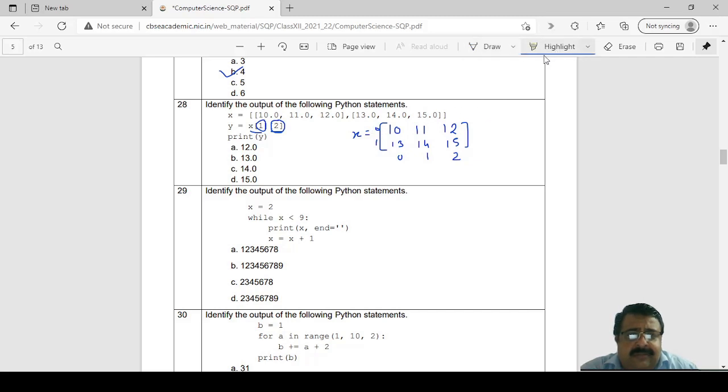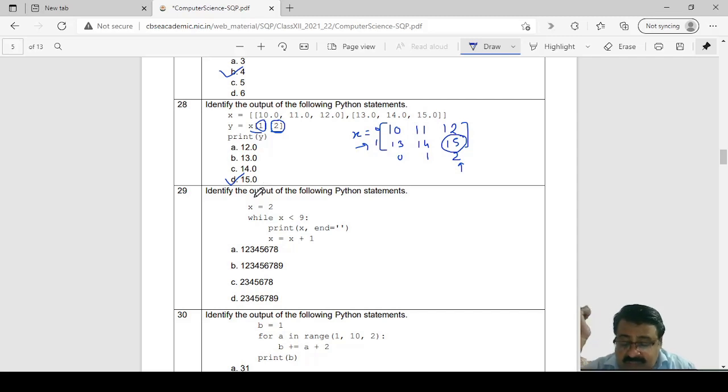That means in the first row, the element with index 2. We can see the first row in this row, and this column. So our element is 15. That is why the answer should be 15.0.